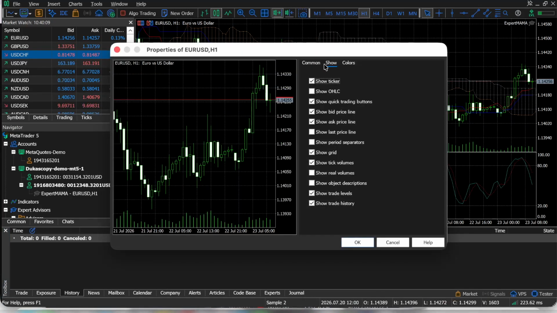Once you hit that OK button, you'll immediately see the trade levels reflected on your chart. This small change can enhance your trading readiness and allow you to make transactions more confidently. And there you have it, a quick and easy way to show trade levels on MetaTrader 5. By following these steps, you're setting yourself up to better manage and visualize your trades, making the chart